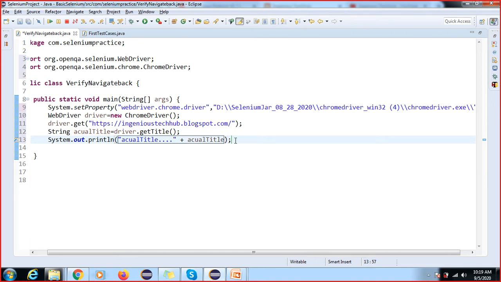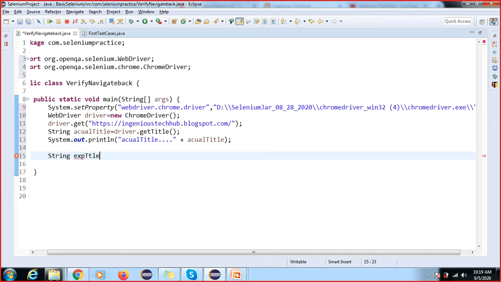Okay, so now expected, I'm expecting a String expectedTitle. So I took this expected title, the value that will print: Engineers Tech Hub.